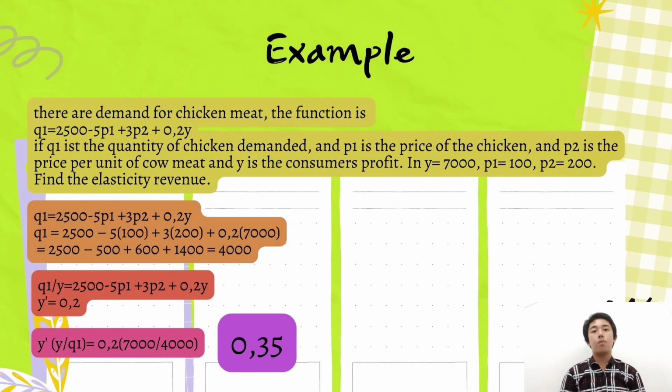And the example for partial elasticity: the demand for chicken meat, the function is Q1 equals